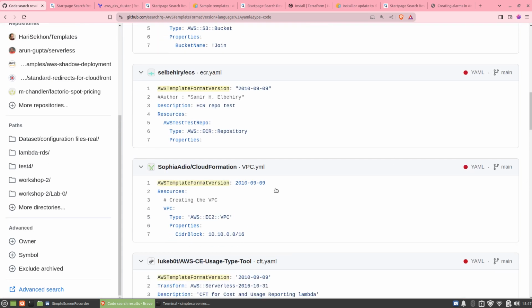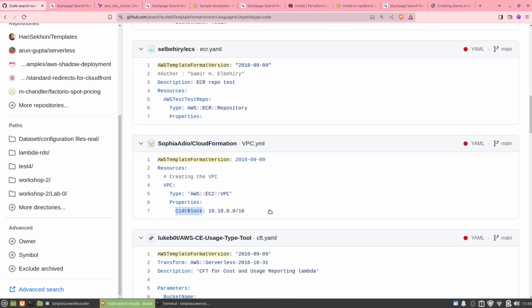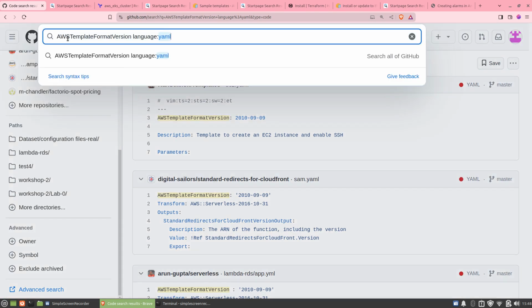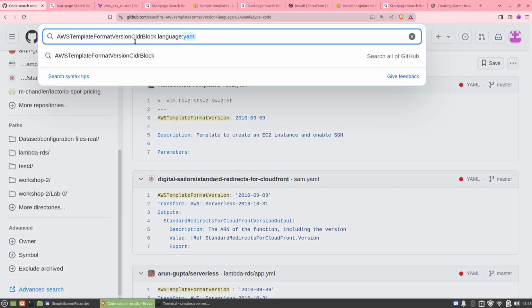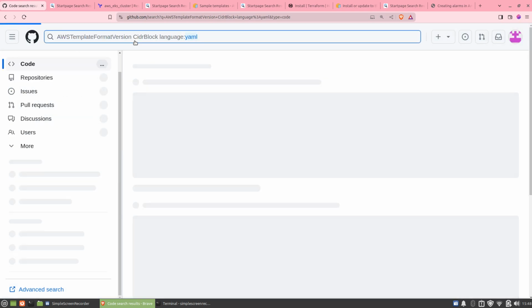And what is probably worth doing is knowing what you want to build. So for example, I remember now that this here is an example of when you're looking for something for a VPC, or we could say that we're looking to create a VPC with a particular CIDR block. So we can just filter down, and I'm just going to insert that here. Oops, I need a space there. Press enter,